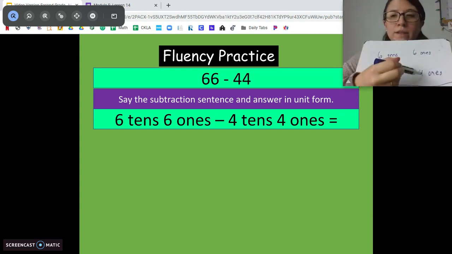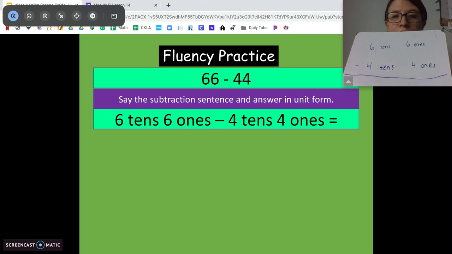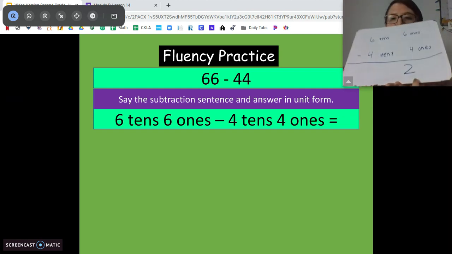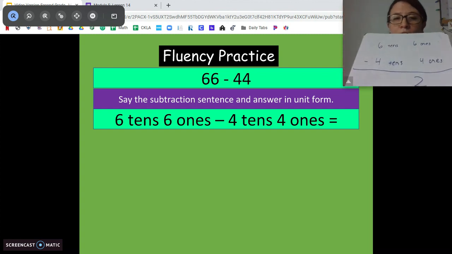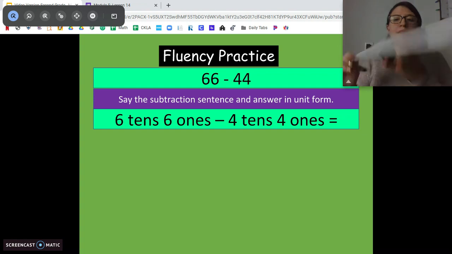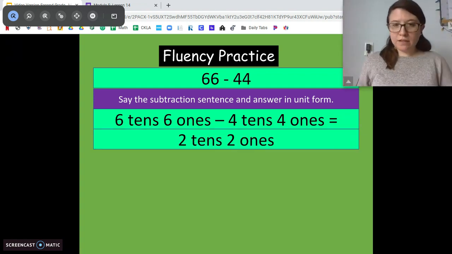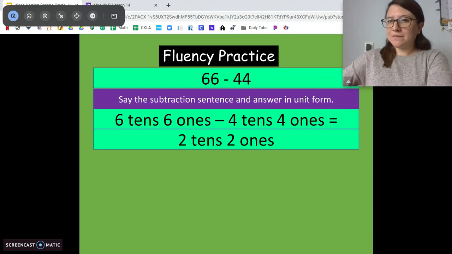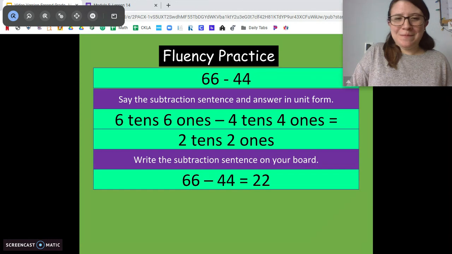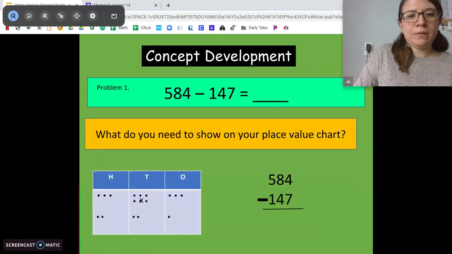We have 6 ones minus 4 ones is how many ones? And then 6 tens minus 4 tens is how many tens? Awesome. So we have 2 tens, 2 ones, and that gives us what? 22. Awesome job. All right, I'm going to skip this one for now because I want to get into our